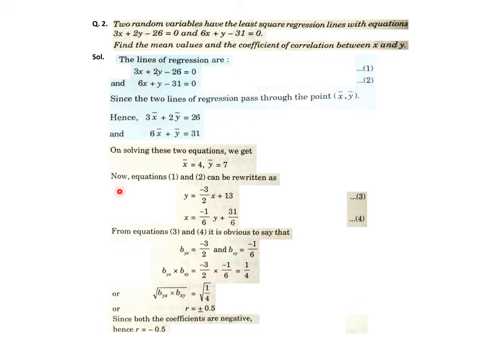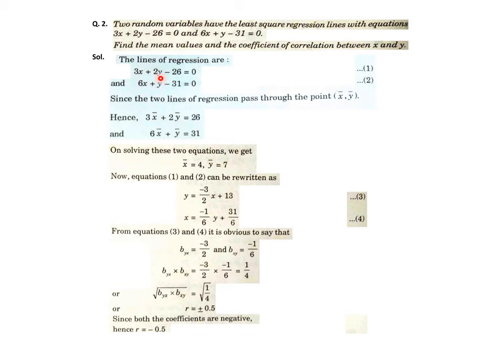For that, one of the straight lines is to be nominated as y on x and the other as x on y. And then we have to try to find the value of r. If it's correct, then our guess is correct. If not correct, then we have to reverse it. How? Say I took that first equation as y on x form. Y on x form means y is taken outside on the left hand side separately, and then all remaining terms are on the right hand side.